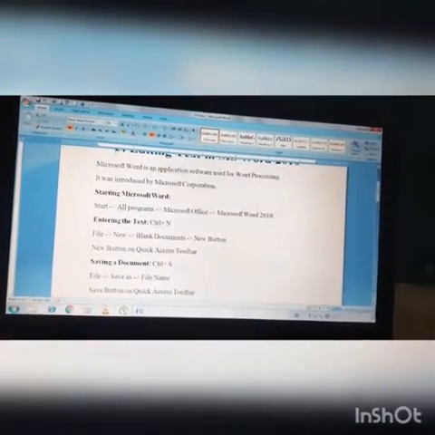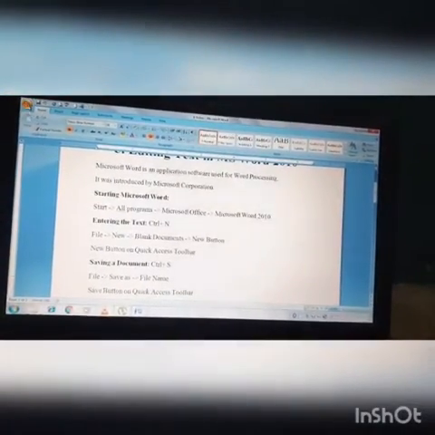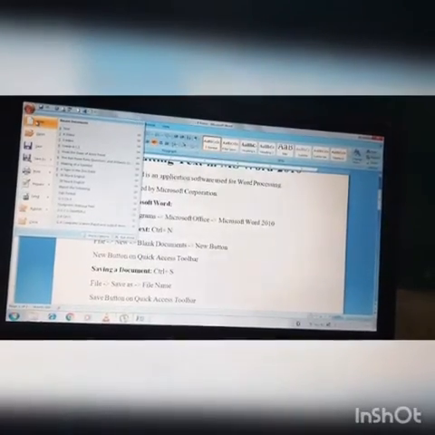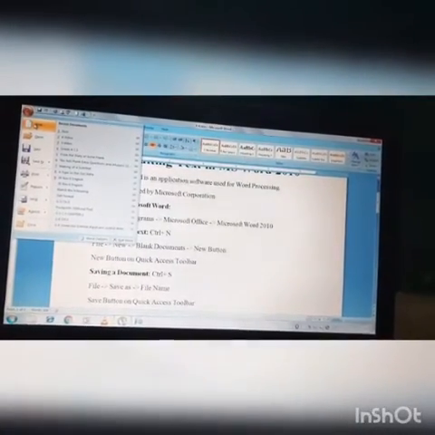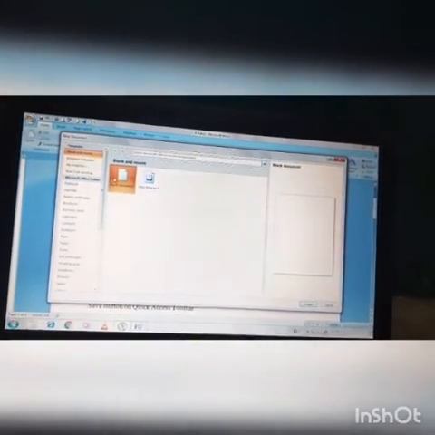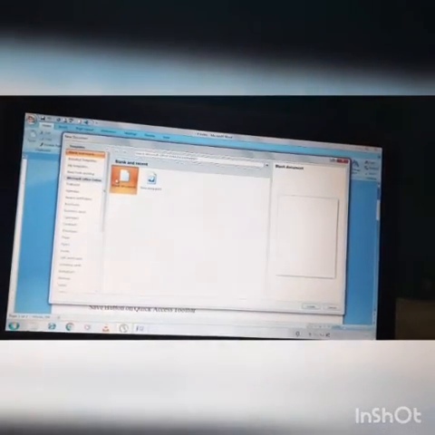When I want to enter, what to do? The same, you can go with File and you can have this New. When you click that New, immediately a new page will open. A blank document can be opened immediately. So this is named as Document 3. I don't want to save this also.